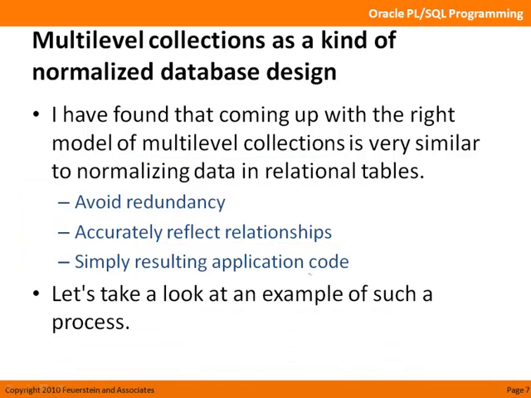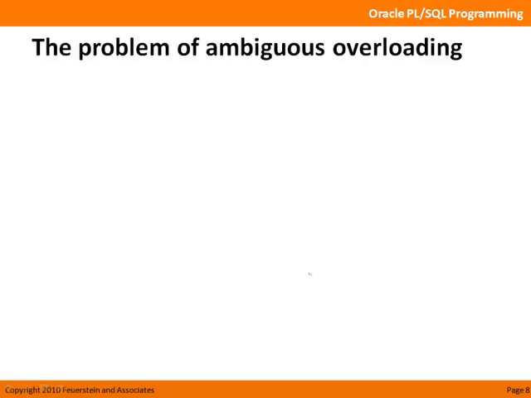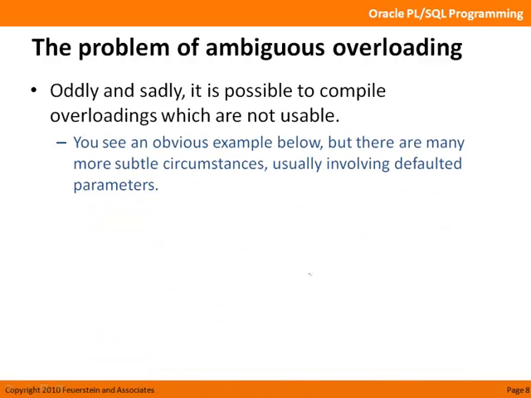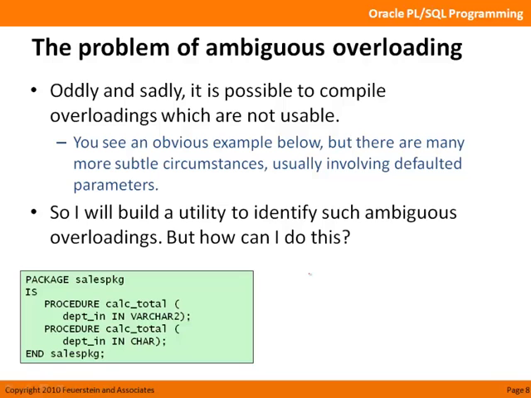So let's take a look at an example. So first of all, the problem of ambiguous overloading. Strangely enough, it's actually possible to compile an overloading in a package that is not usable. Here's a package. The sales package has 2 programs called calc_total. They each have a single parameter with the same name, and their data type is different, varchar2 versus char. Now, unfortunately, that's a difference, enough of a difference, the varchar2 versus char, to allow Oracle to compile this package